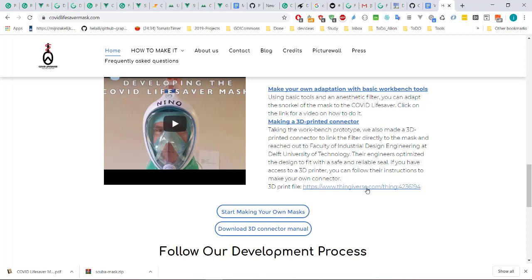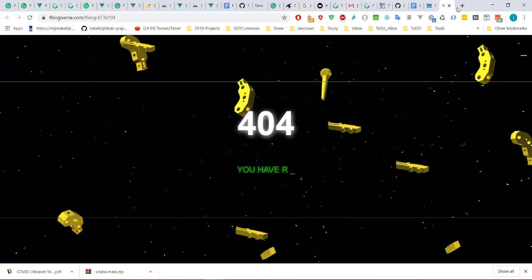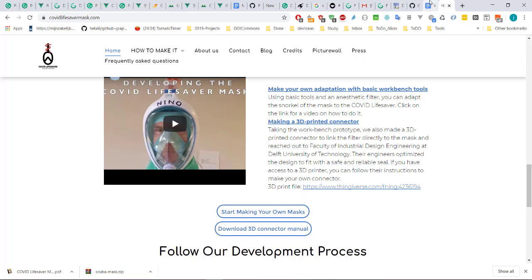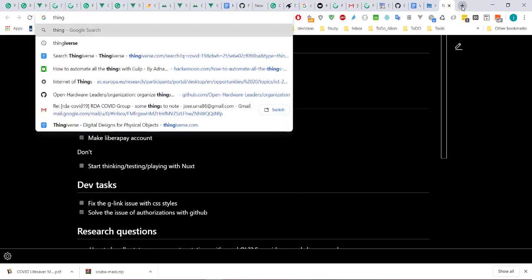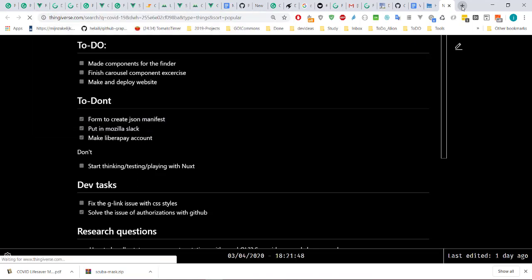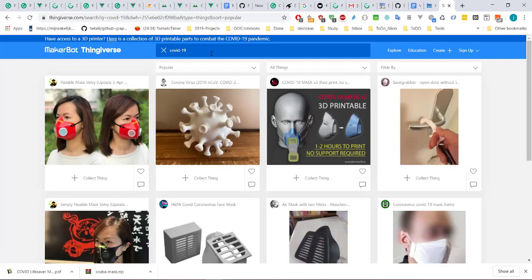I'm going to go again here, and I cannot find it, so I'll ask again. Maybe I'll go to Thingiverse, and this is the kind of tedious work that we want to avoid for people when downloading things. So I'm going to put here Lifesaver